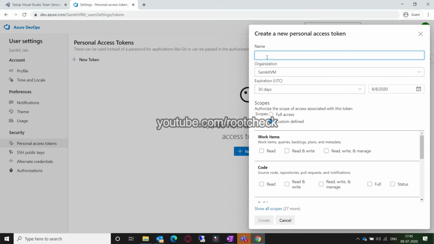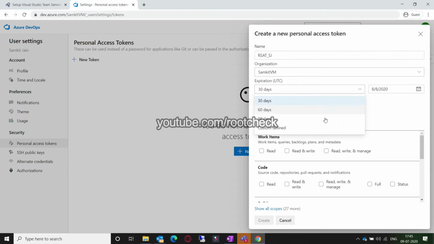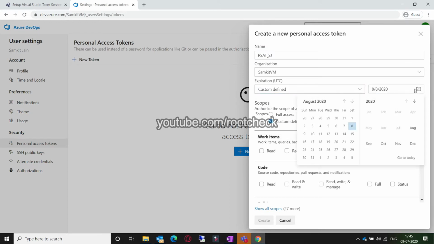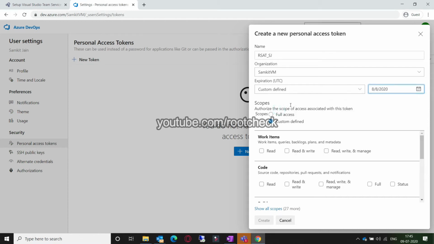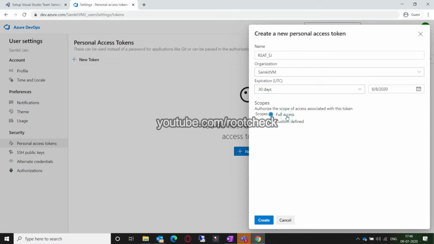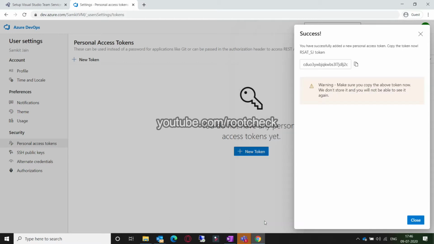Here I am creating a personal access token which is needed for the LCS process, as I said previously. You could provide particular access rights and a date for the expiration. Maximum you could go with 1 year. So here I am selecting it for 1 year, and you could provide the access level as full access, and after that you would get the token number.